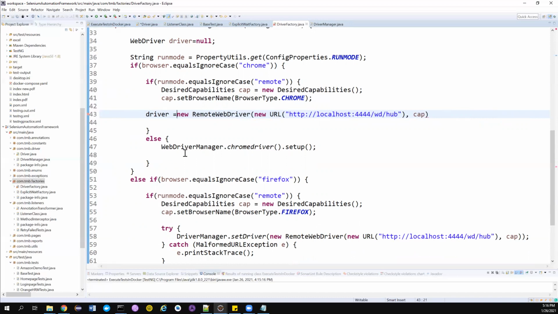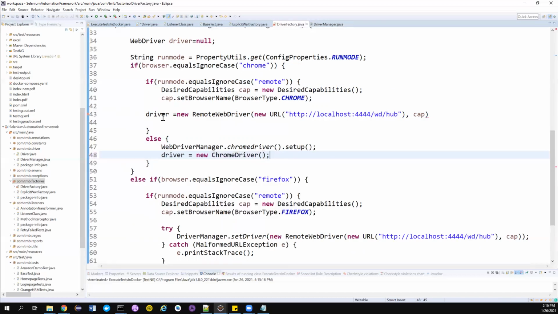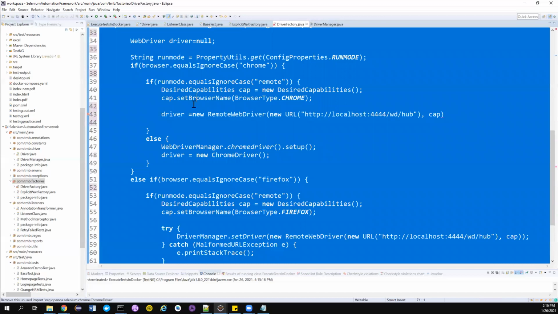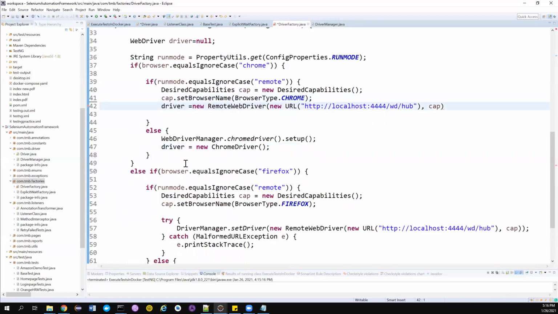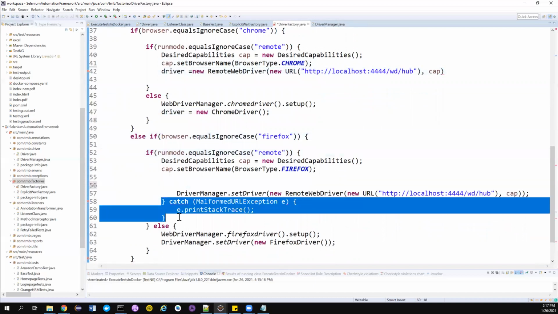Good. Now, when the run mode is local, and the browser is Chrome, then I want to execute this particular statement and then assign driver variable to new Chrome driver. Okay, guys, if you don't understand, it's okay. I will explain at the end. So just be with me. Good. The same way, if the browser is Firefox and the run mode is remote, I don't want to first have this try catch.